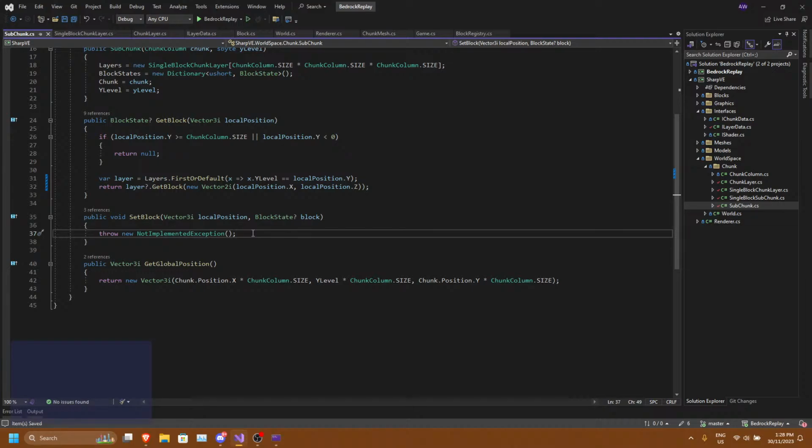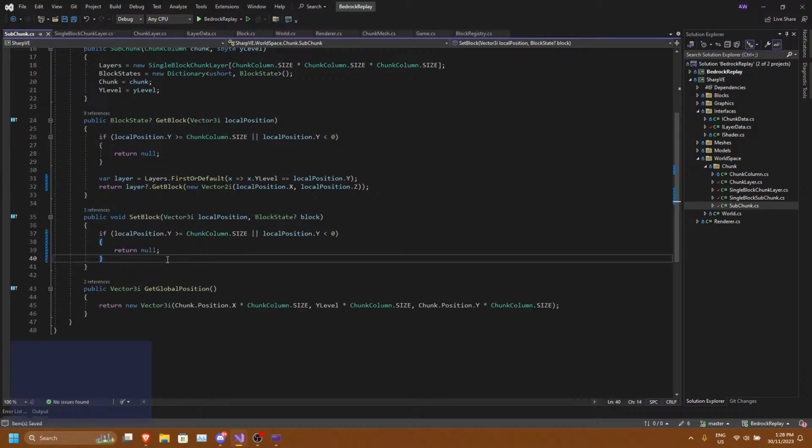And to do that, we need to do, if local position dot y is equal to, return. Wait, no. We just return, unless set block.